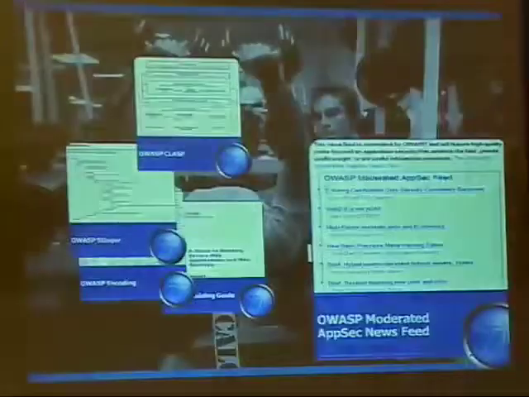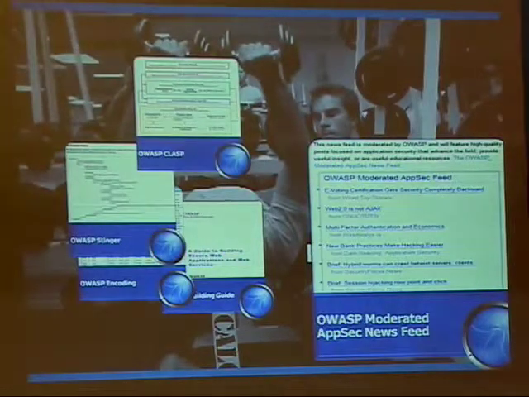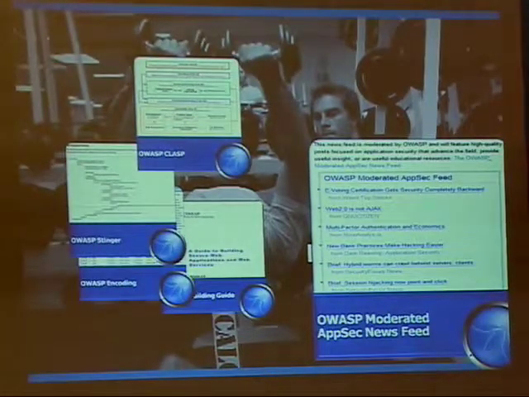We have a moderated AppSec news feed. Why this is important is because there are about 250 very active OWASP members that blog quite a bit. PDP, Jeremiah, I mean, there are a lot of folks out there that you may know by name. What we do is consolidate this into an RSS feed, allowing you to grab it and stick it into a portal or onto your site, so you can, again, educate the folks responsible for security as to the latest, greatest stuff out there in application security.